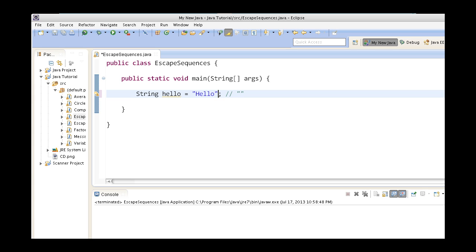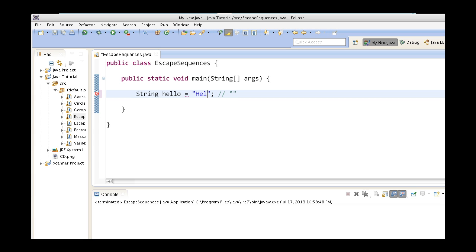And suppose I have created a string hello, and if I want to put a double quote in between the hello, it will throw a compile time error. The compiler would think that the string has started here and ended here, and it doesn't understand what comes next, so it complains that you should complete the string by ending it with a double quote.